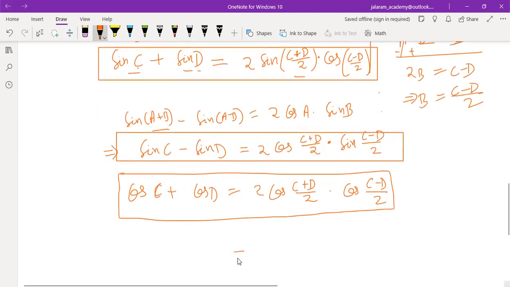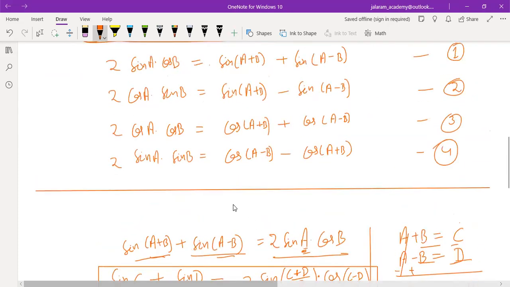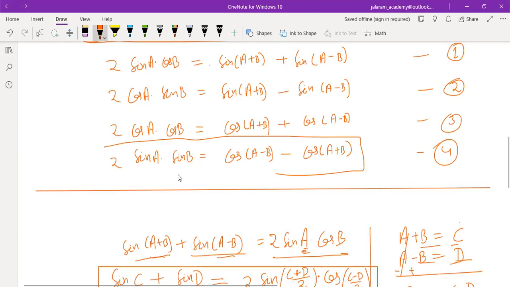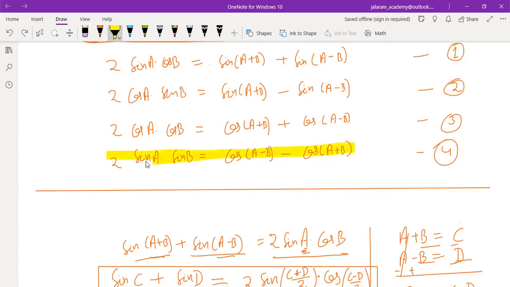You all know that it is slightly opposite to the others. In this, we will either find cos D minus cos C, as it is cos(A-B) minus cos(A+B) equals 2 sin A sin B. We have learnt it, na? 2 sin A sin B equals cos(A-B) minus cos(A+B). So what should we do now? Should we write cos D minus cos C? No, as we must always write C first of all to learn properly. Otherwise, it will create confusion in learning.